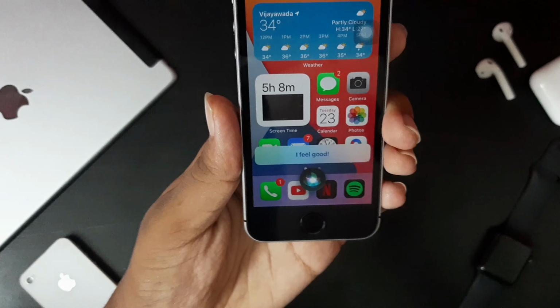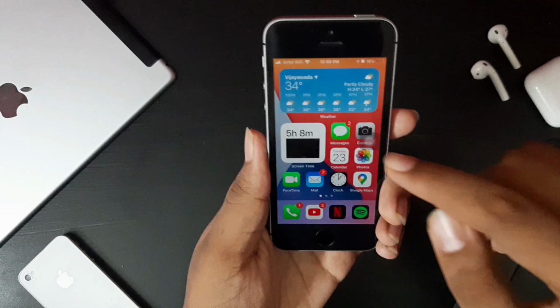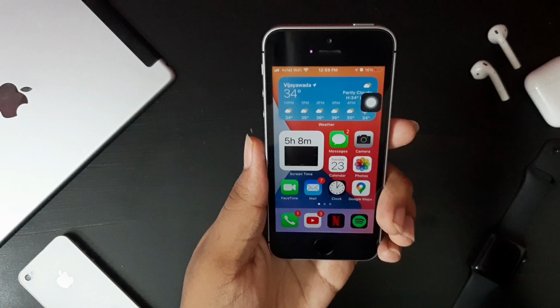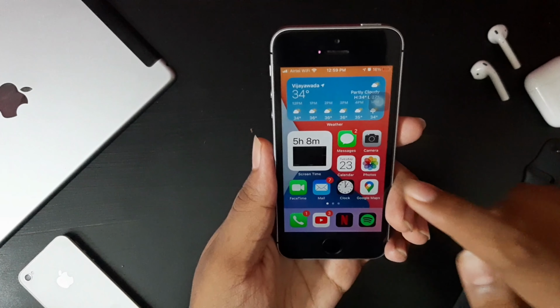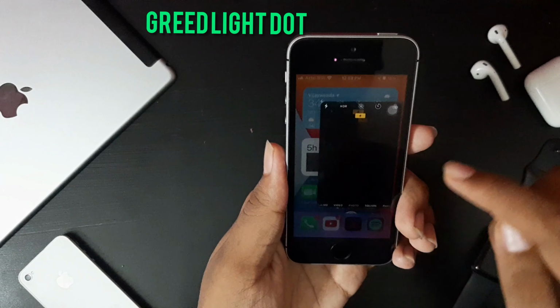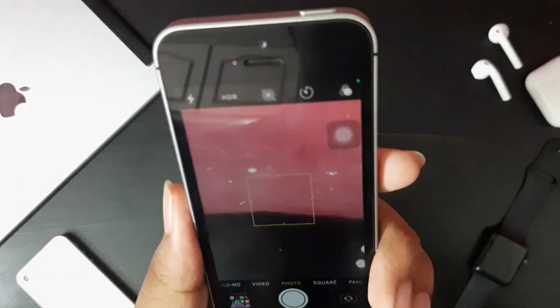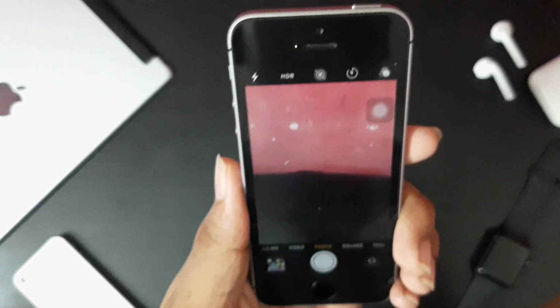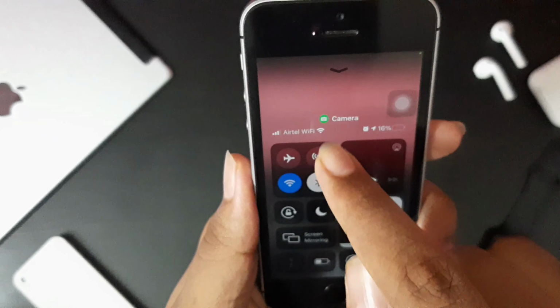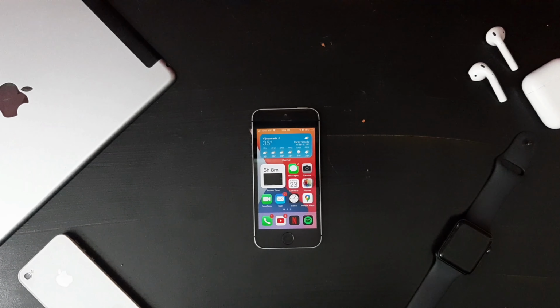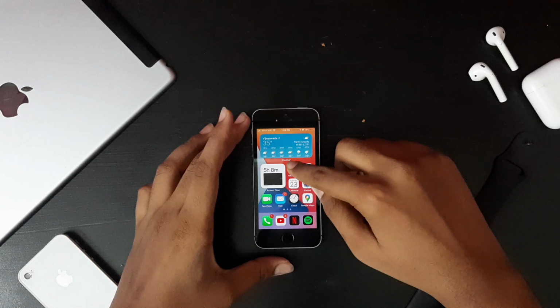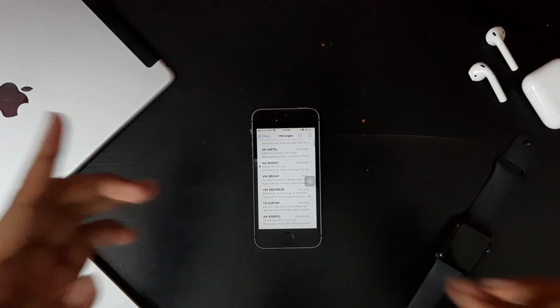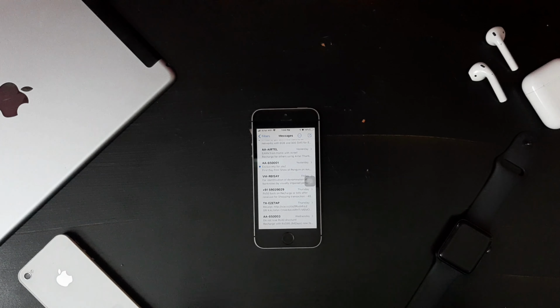That's great. One more small addition is that when you use the camera application or anything which requires camera access, it would show a green light in the corner. Like if you use the camera app, it would show you a green light, which means if you go to the control center, it says that you're currently using the camera. And the next feature is in the Messages app. When you go into Messages, there are a ton of features introduced in group chatting and group management, which would make messaging and typing easy for iMessages.